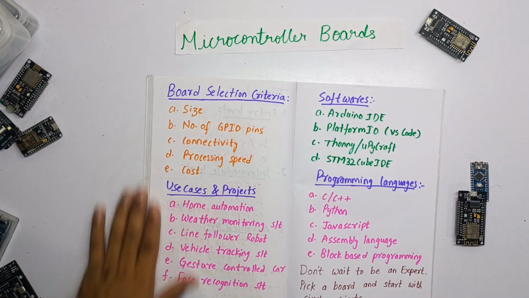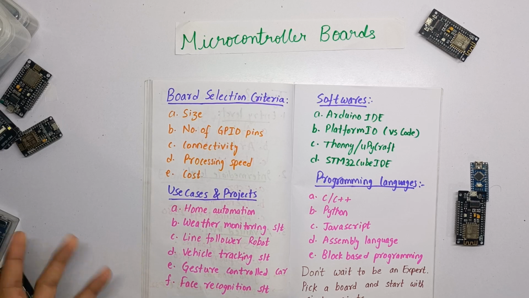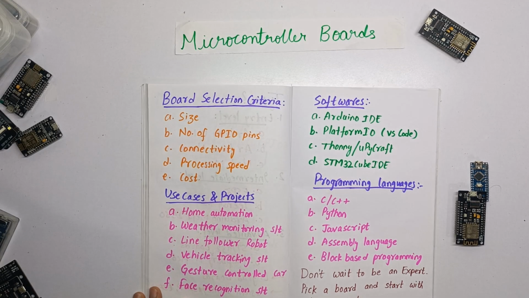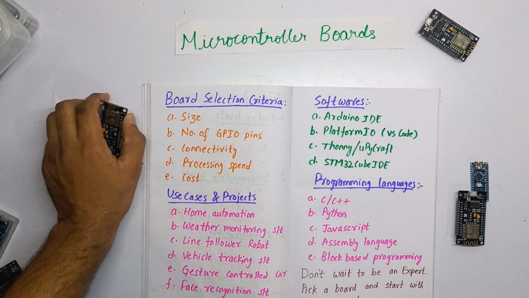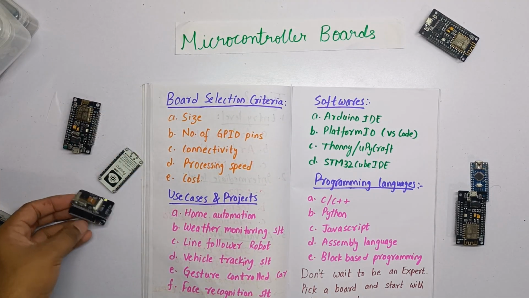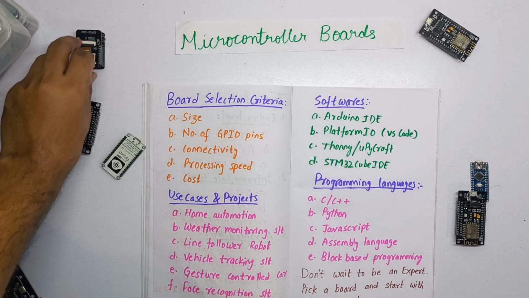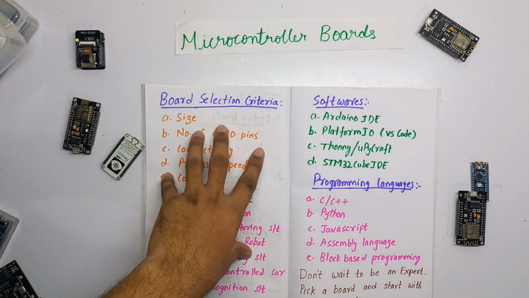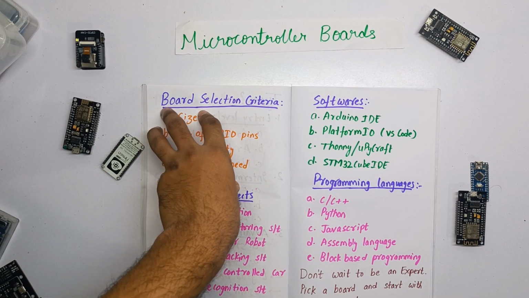Now coming to board selection criteria. That means how can you select which board is used for your project? For example, you want to design some project and you don't know which board to use. In many cases, you can use any of the boards, but there are some situations where you have to use an exact board to reduce the latency, the size, or the cost. And that is where we get to the topic of board selection.